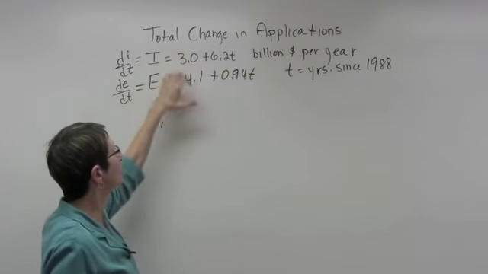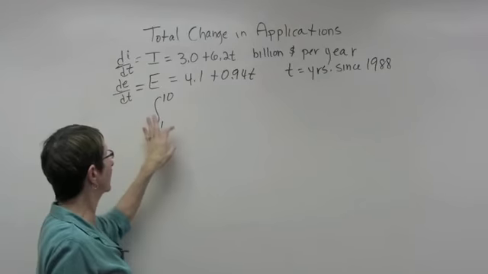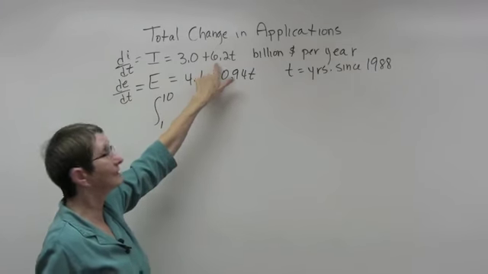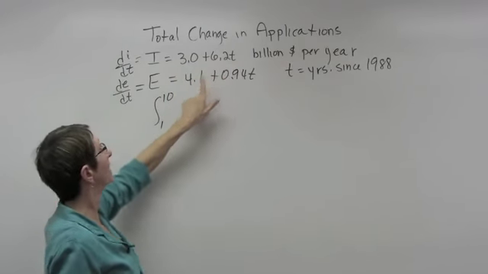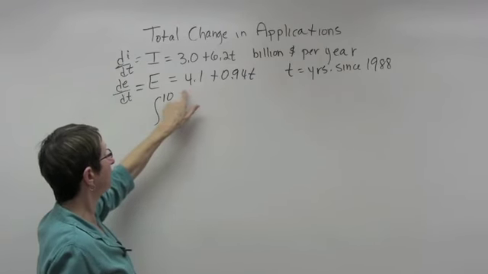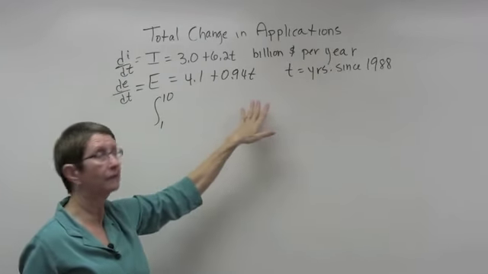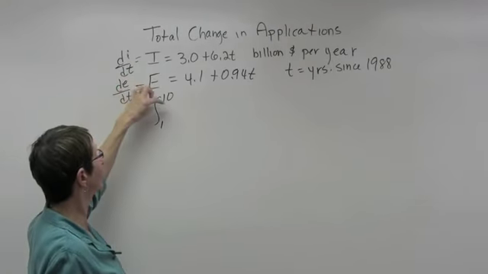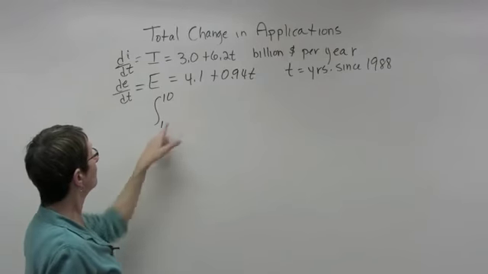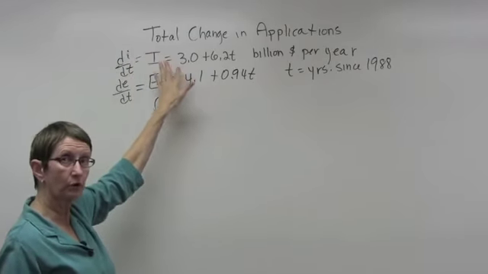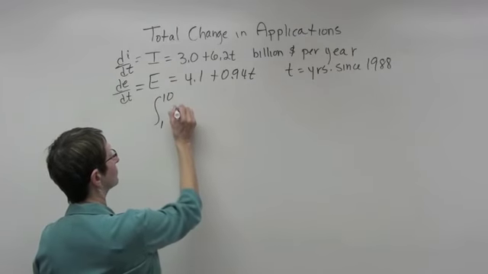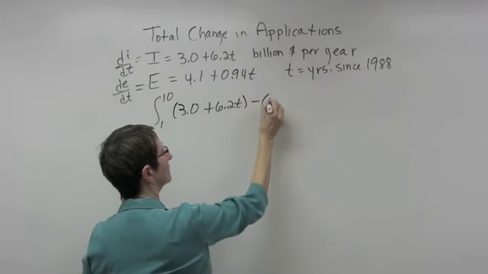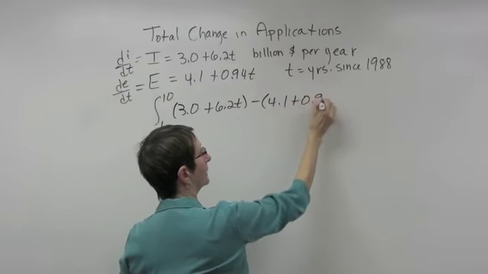So we need to know which of these curves is on top, say starting at 1 and going to 10. So let's test it. If I plug in 1, I have 3 plus 6.2 would be 9.2. If I plug in 1 here, this is just about 5, 4.1 plus 0.94. So imports are larger when T is 1, and if you plug in 10, you'll see the same thing. The values are larger for imports over this interval. So I comes in first. 3.0 plus 6.2t minus 4.1 plus 0.94t